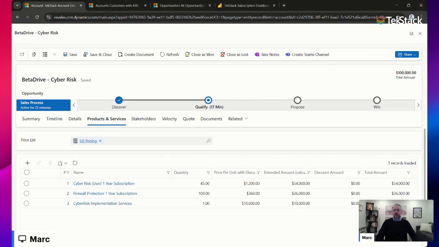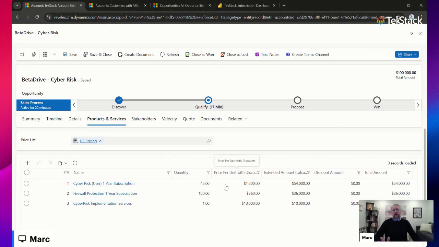The other considerations for invoicing might be, do you invoice them in advance monthly, in arrears monthly, in advance annually? If it's a 3-year deal, is it 3 years up front or 1 year invoicing? That kind of stuff. So you want to be able to define all that. And TekStack lets you do all those types of things.